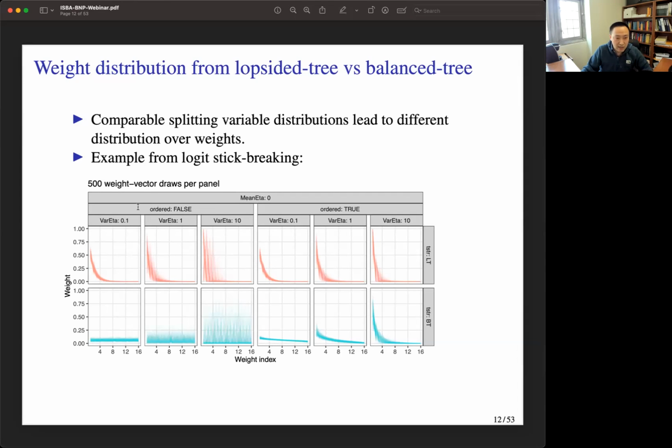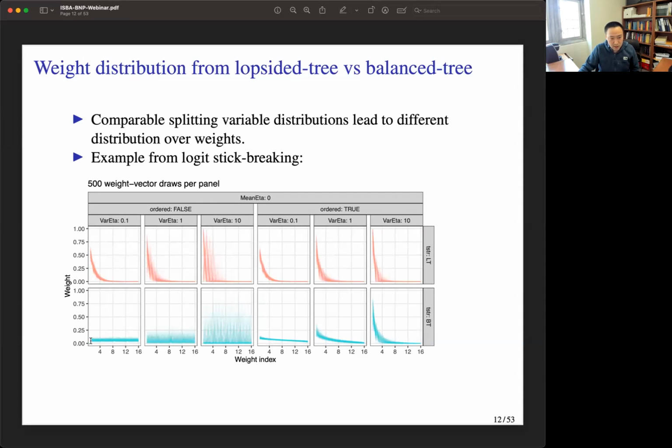So the first row corresponds to a classical one-sided tree stick-breaking, and the second row corresponds to a balanced two-handed stick-breaking. And we can see that if we don't order the weights, then we don't have any stochastic ordering for the balanced tree, but there's strong stochastic ordering for the lopsided tree. And also we see that if we